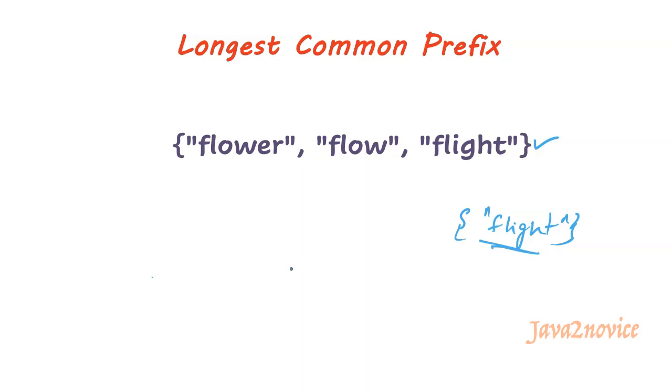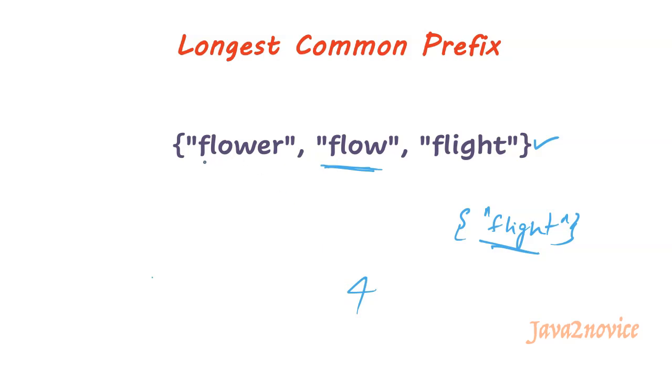Next, we will find the minimum length of a string in this input array. The string with minimum length in this array is flow. Its length is 4. Note down its length. We are going to use this minimum length number on each string. I mean, we are going to consider only this minimum length of characters on each string for finding the result. Only the first 4 characters on each string will be considered for comparison.